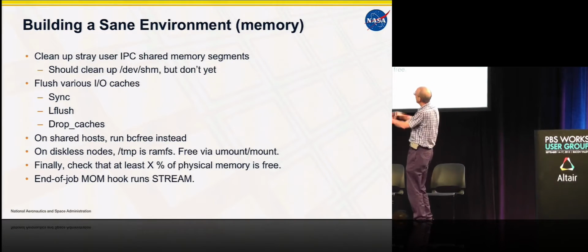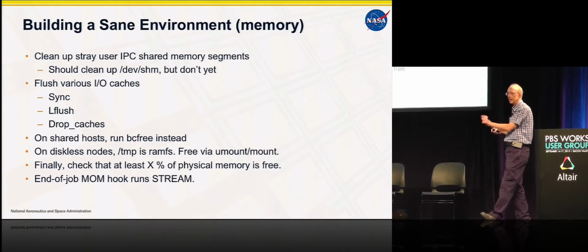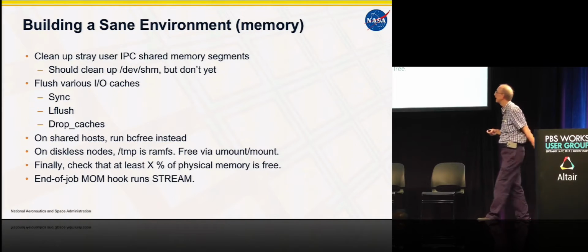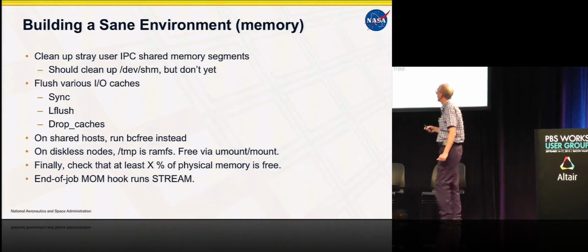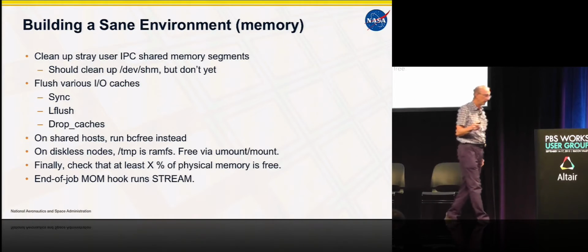And then when all of that's done, we check that at least a certain percentage of the physical memory is now available, is free. Okay, and if it's not, reissue a message, requeue the job. Okay, now